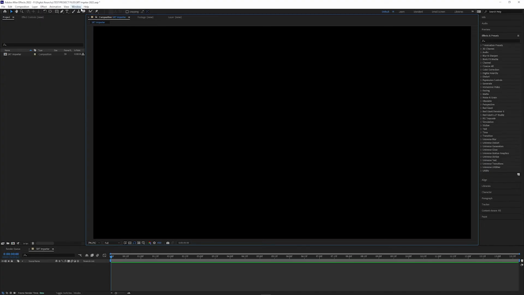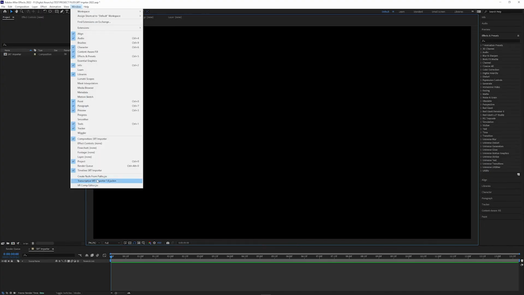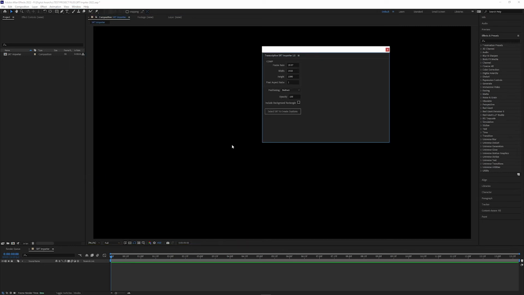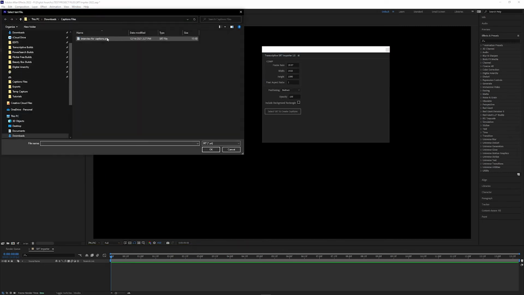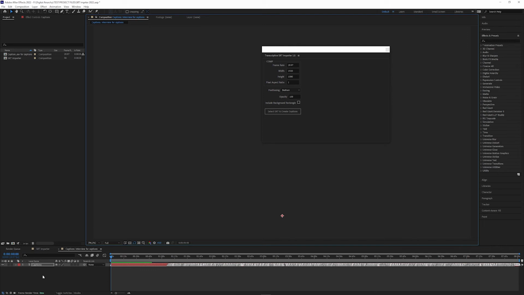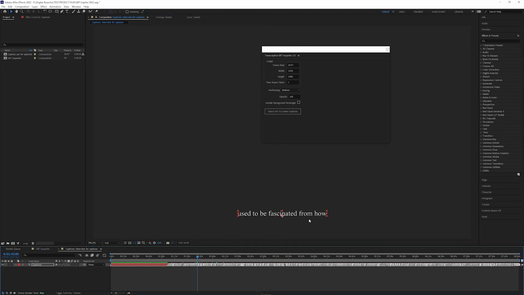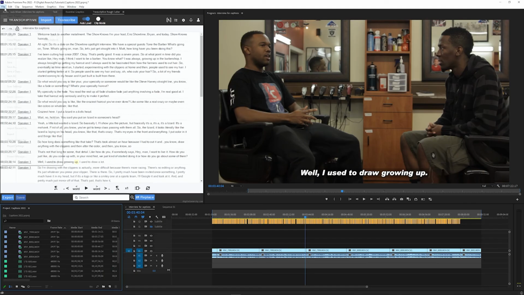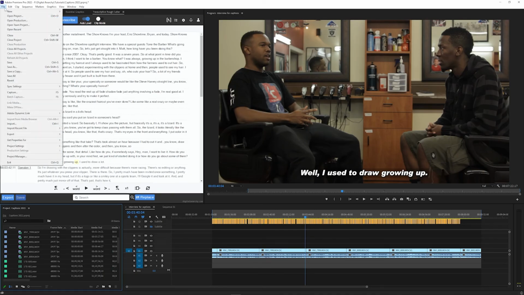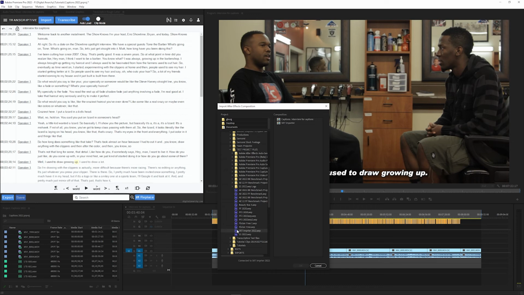We also have a free After Effects plugin called the Transcriptive SRT Importer that lets you import an SRT file directly into After Effects, convert it into a composition, and then change the appearance of the text using all the tools available in After Effects. You can then import this After Effects composition directly into Premiere using Adobe Dynamic Link, import After Effects composition, find your After Effects project file, and then select the name of the composition.